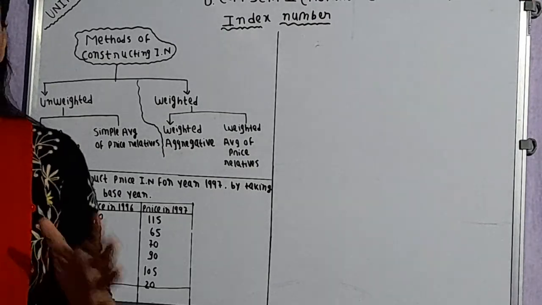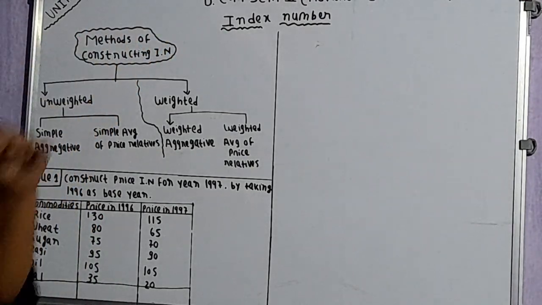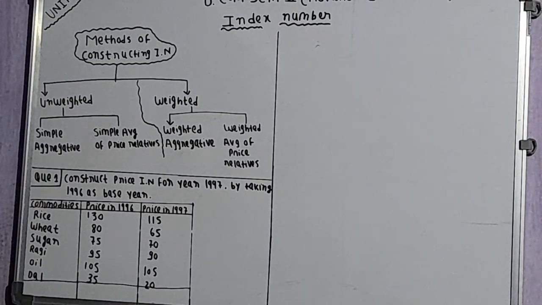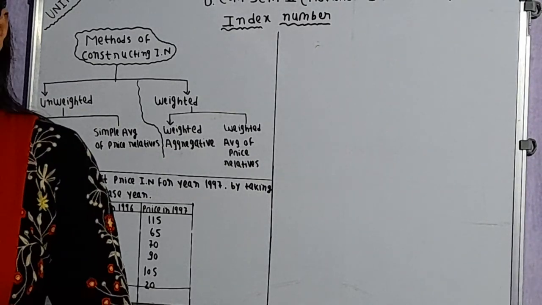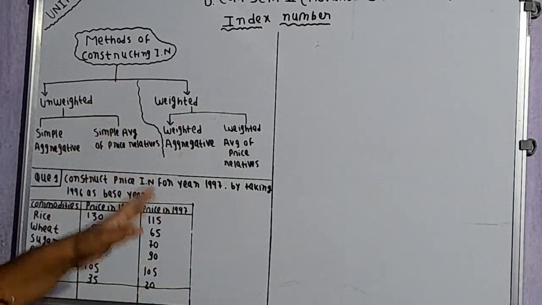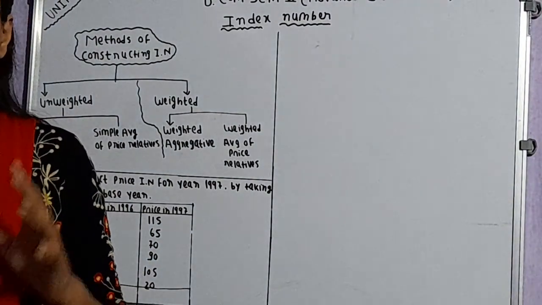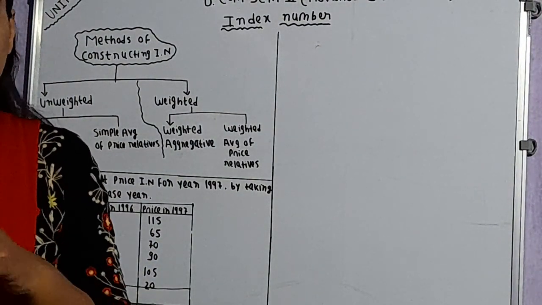In the last lecture we started with the third unit under this subject, that is index number. We are done with our two units, that is correlation analysis and regression analysis. In this unit, we have done with the theory part. In the last lecture, I explained to you the meaning of index number. So let's have a recap of that.